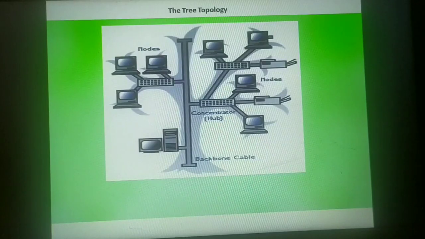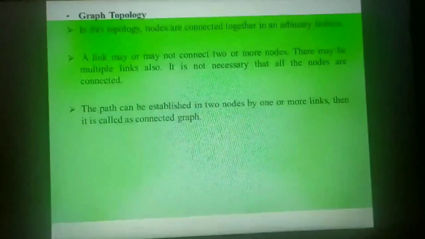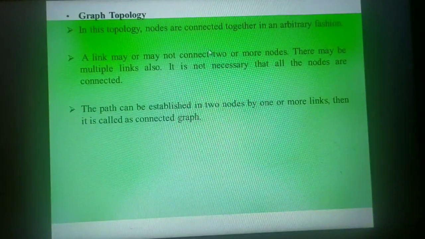Then let us move on to the next one, that is the graph topology. In graph topology, the nodes are connected in an arbitrary fashion.